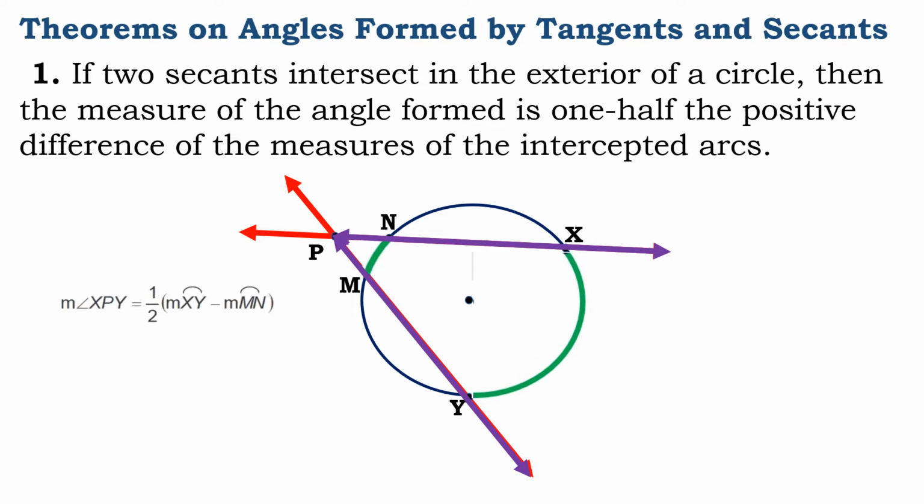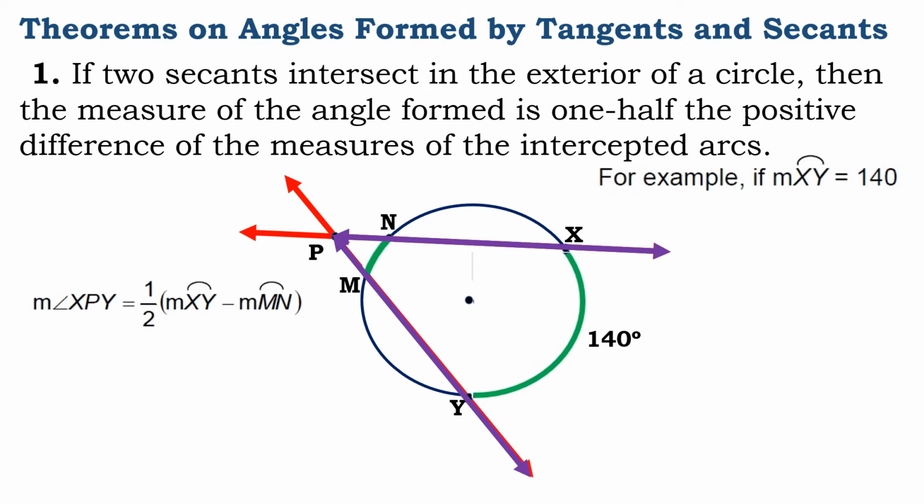So, the measure of angle XPY is equal to 1/2 the measure of arc XY minus the measure of arc MN. For example, if arc XY is equal to 140 degrees and arc MN is equal to 30 degrees, then